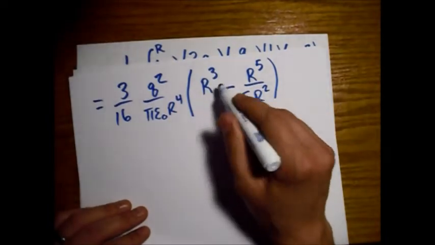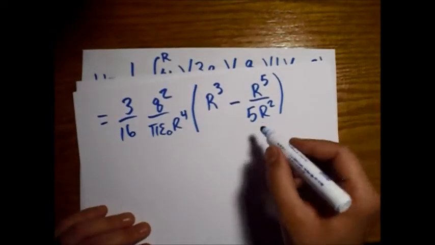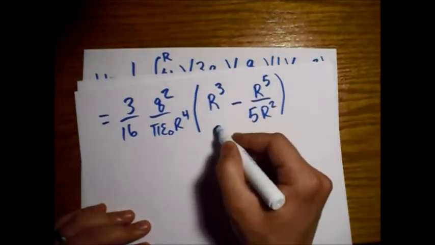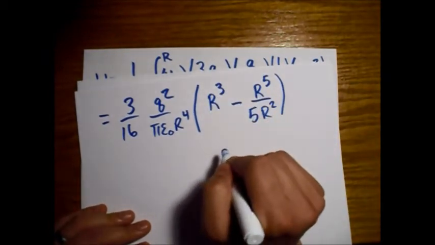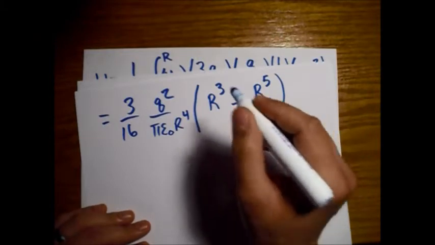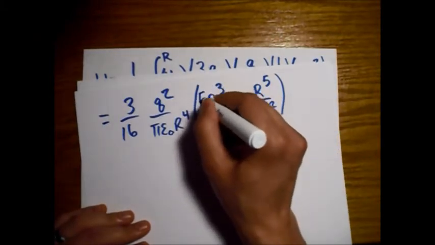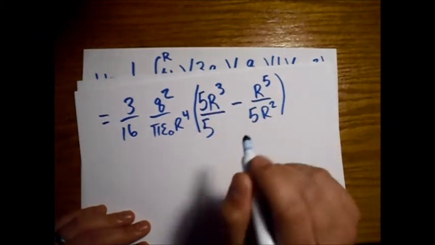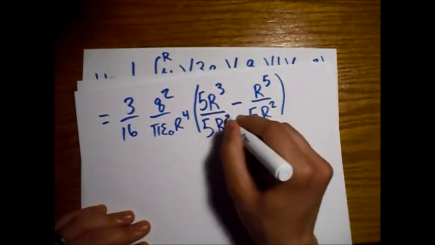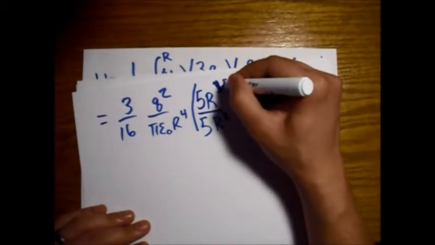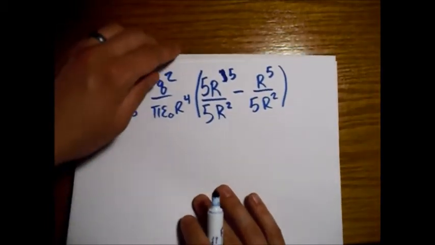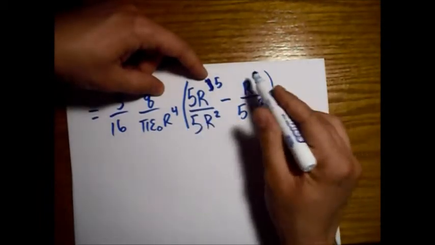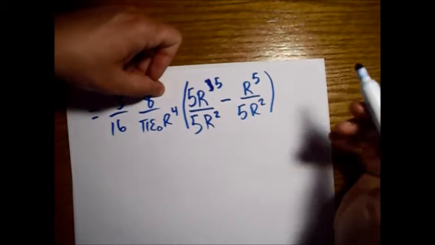All right, so I'm gonna go ahead and just write this in real quick. So I'm gonna multiply this and divide it by r squared, so we get the same 5r squared. So I'll multiply the top by 5 and the bottom by 5. Multiply the bottom by r squared, and this will turn to an r to the 5th. Multiply the top by r squared as well. All right, so now we have an easy subtraction here, and